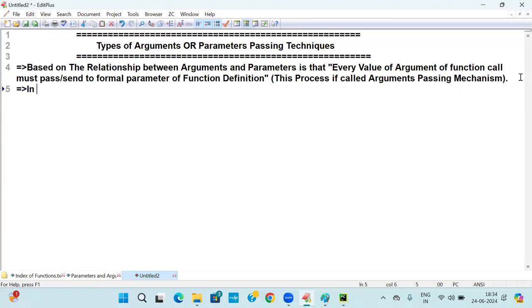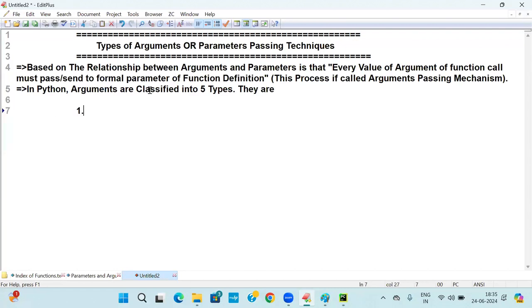So in Python programming, arguments are classified into 5 types. They are